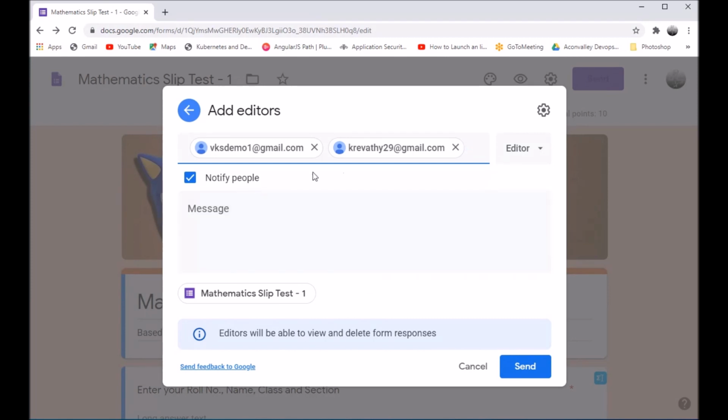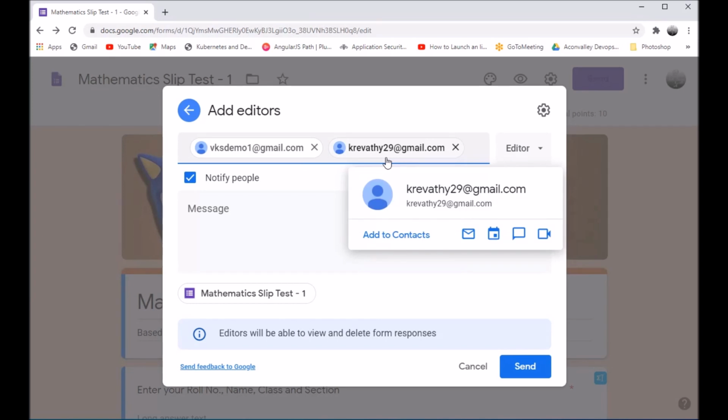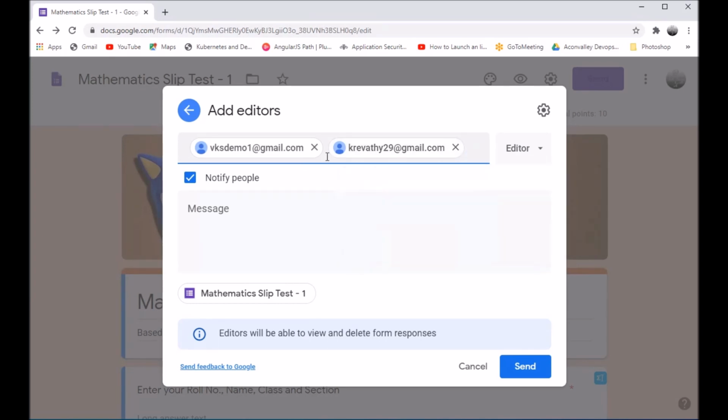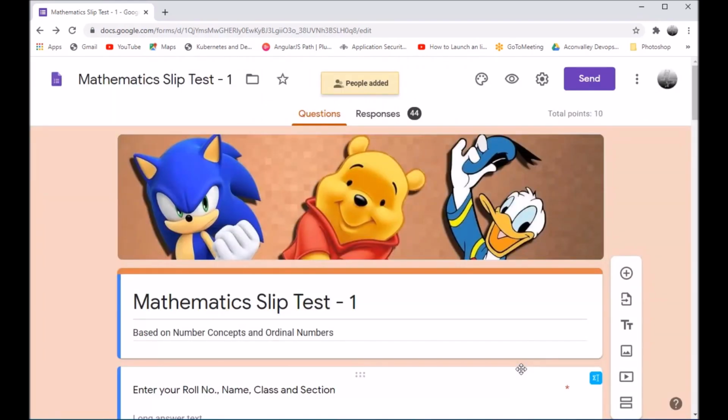So once you click this, type the mail IDs of the teachers whom you want to share your Google form, that is teacher B and teacher C's mail IDs. You can click on send. Now this will be shared with those two collaborators, teacher B and teacher C.